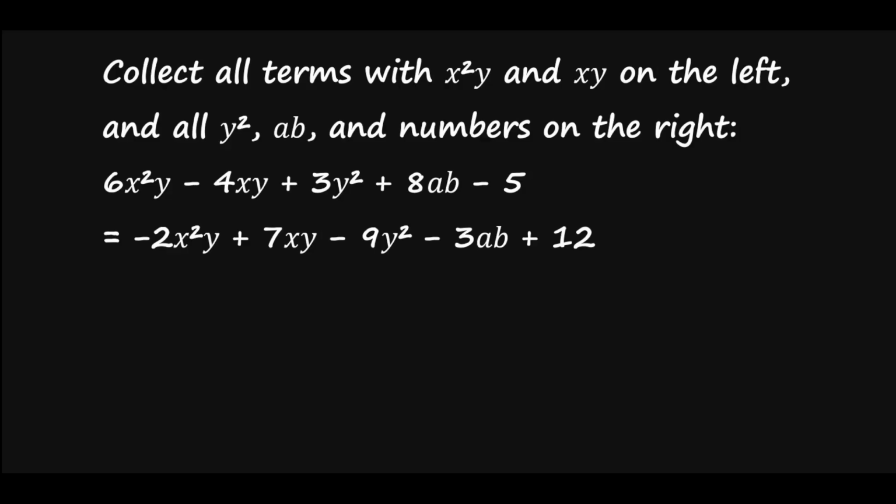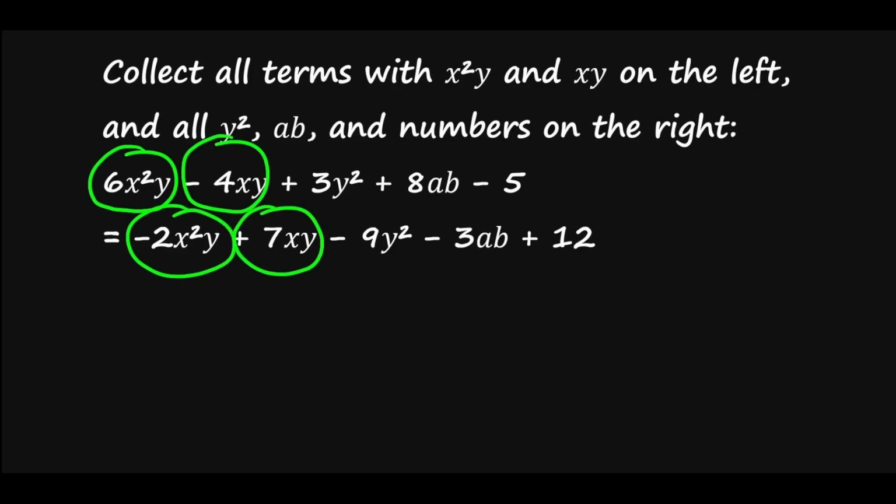So let's first identify all the ones that are supposed to be on the left, which is x squared y and xy. So this is x squared y, this is xy, this is x squared y, this is xy. That's all. So 2 on the left, 2 on the right. So the ones on the left are already on the left. The ones on the right need to be brought to the left. So to bring them to the left, let's start writing so that we don't waste time. So the ones that are already on the left, 6x squared y minus 4xy.